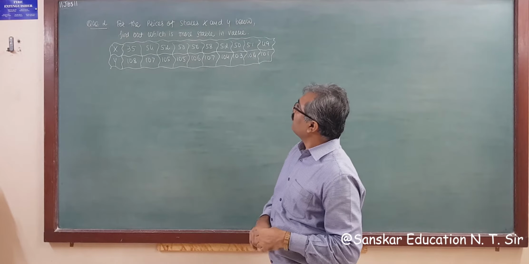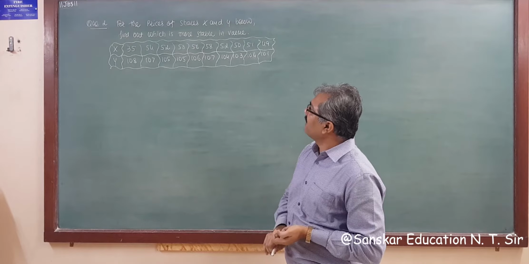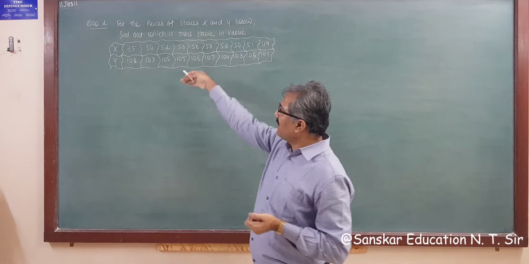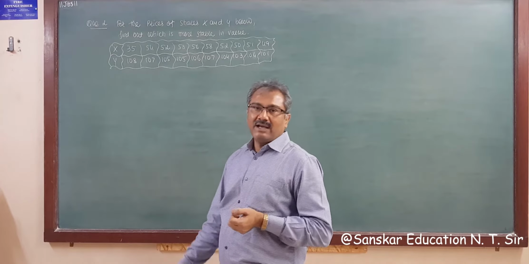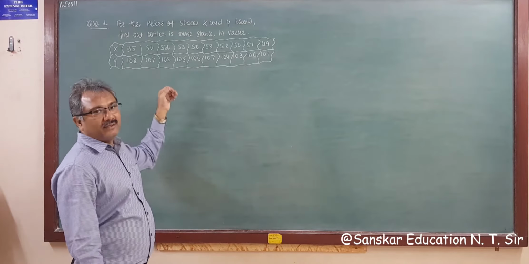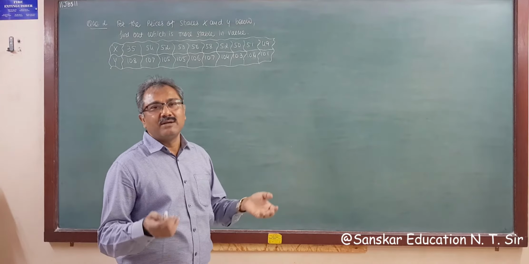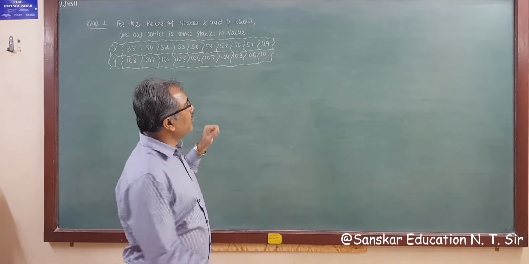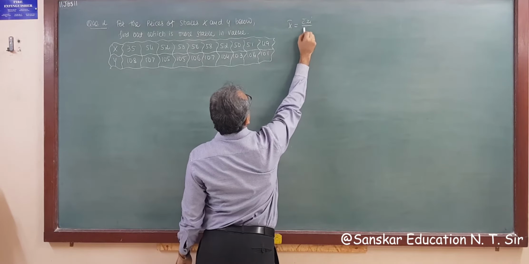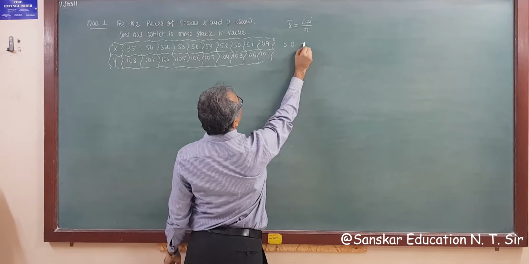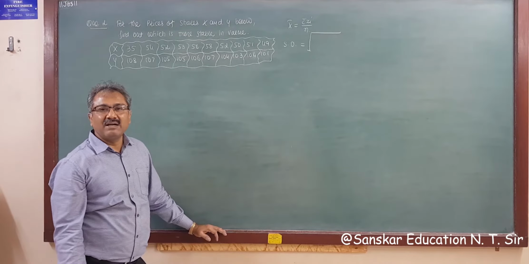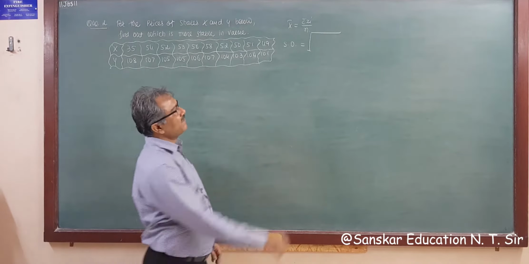So question number 2, for the prices of shares X and Y below, find out which is more stable in value. Prices of share X and share Y are given, and this is ungrouped data. For ungrouped data, if you want to compare, then first, as usual, find out mean and standard deviation. For ungrouped data, mean x bar is equal to sigma xi upon n, and standard deviation is square root of sigma xi minus x bar whole square,